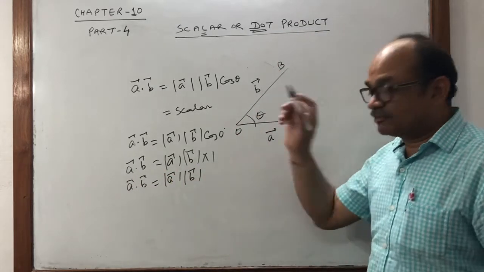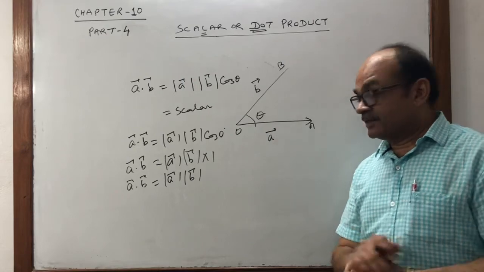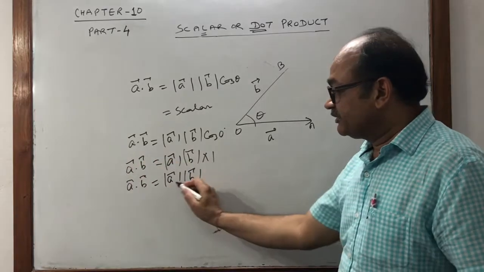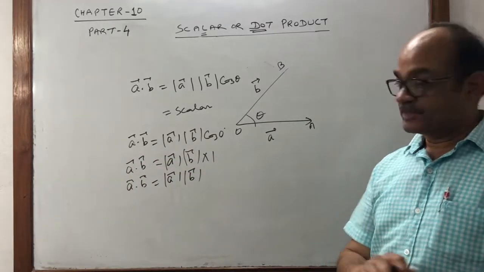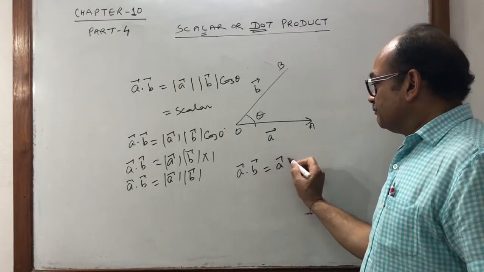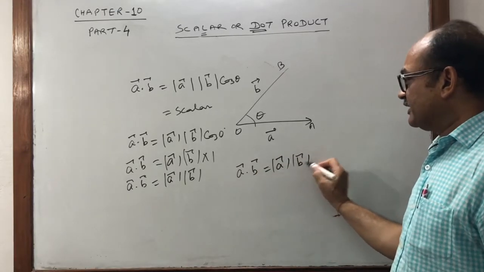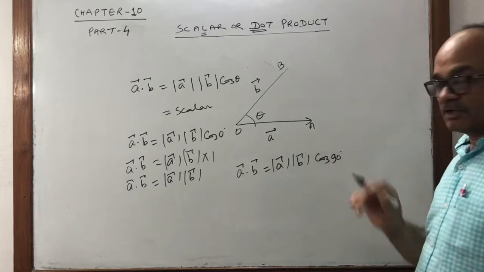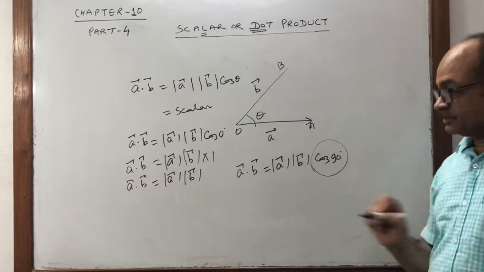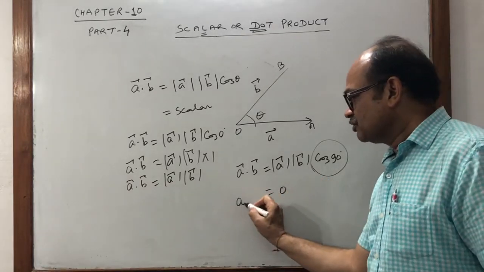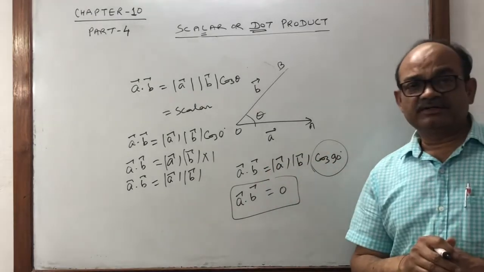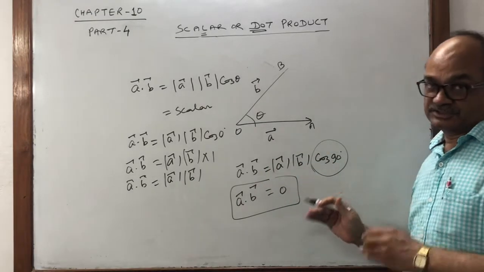The same thing is when theta equals 180 degrees. Then cos 180 is not 1, it should be minus 1. That's why you have to put here minus 1. The next important point is whenever the vectors are perpendicular, it means the vectors are at 90 degrees, cos 90 or cos pi by 2, then you know cos pi by 2 is 0. So the answer is 0. The most important and frequently used point is that whenever two vectors are perpendicular, it means A dot B equals 0.